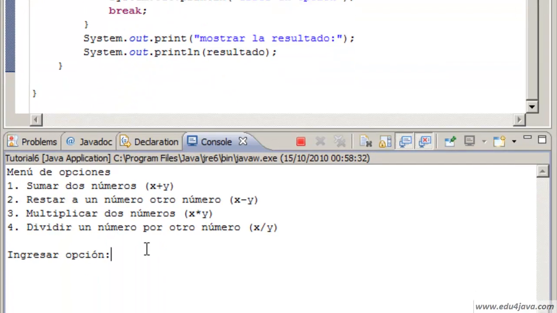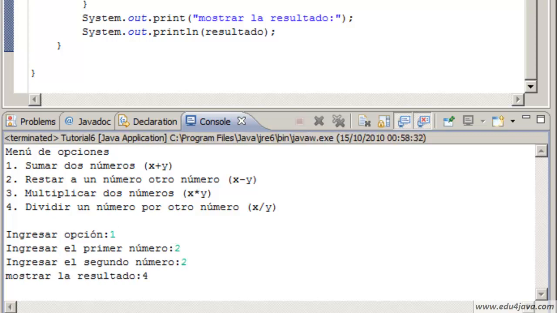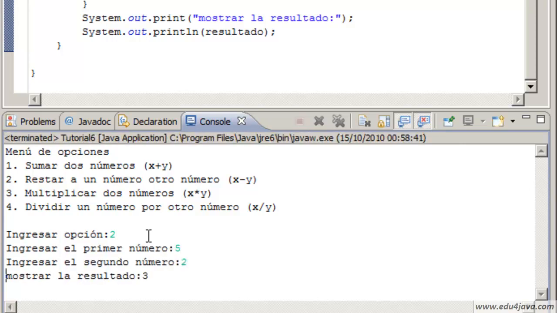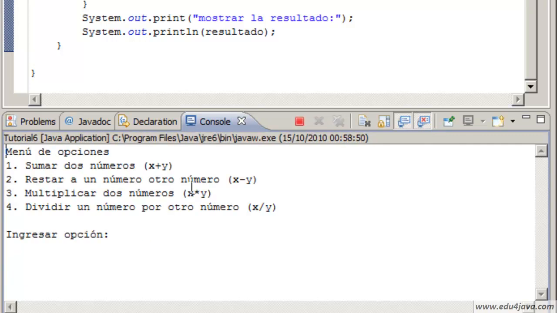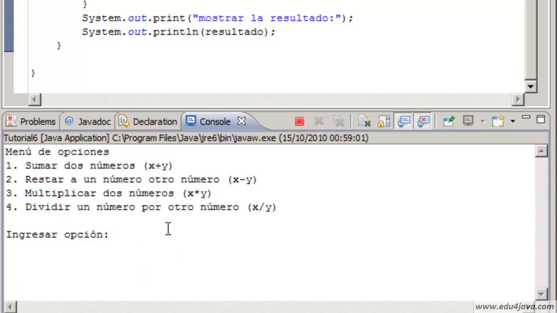Let's run the program. Let's see if everything is okay. Again, sum two numbers, option 1, 2 plus 2, 4. Option 2, 5 minus 2 equals 3. Option 3, multiplication. 2 multiplied by 4 equals 8. And lastly,